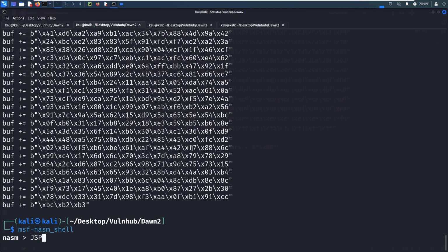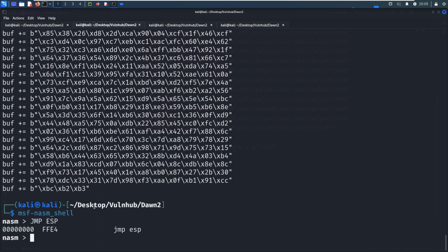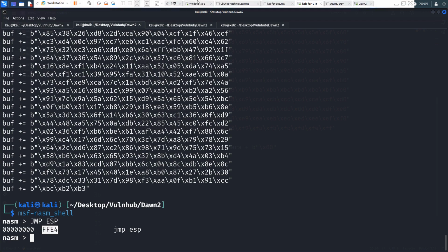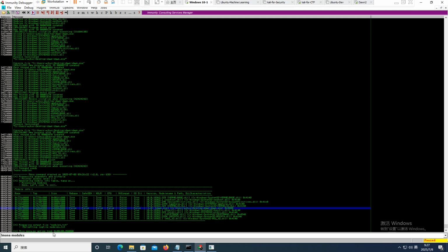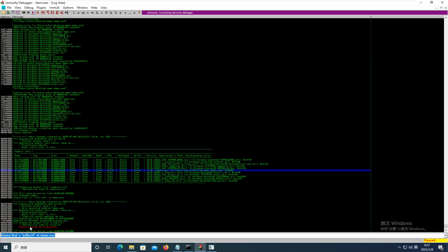JMP ESP. Oh, sorry, JMP ESP. So this is the opcode, and we can use it to search. We can use the search, find, and the string xff xe4. The module name is dawn.exe. However, found